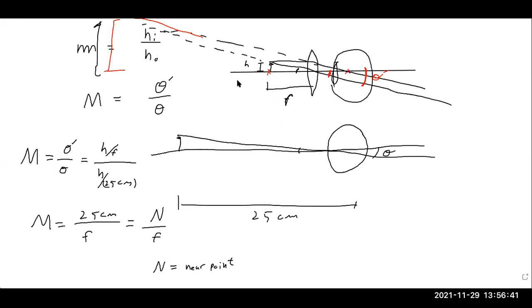This is assuming that for this setup, the eye is looking at this object, which seems to be very, very, very far away. If we change the geometry a bit, so it's looking for something that's now at its near point,